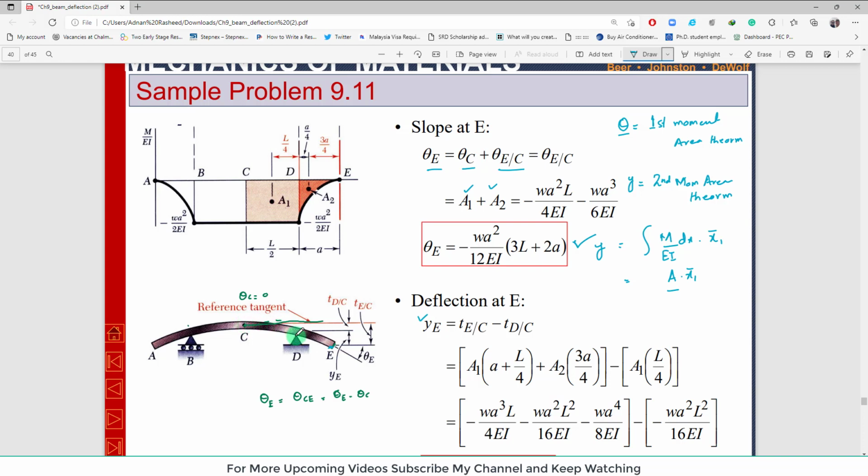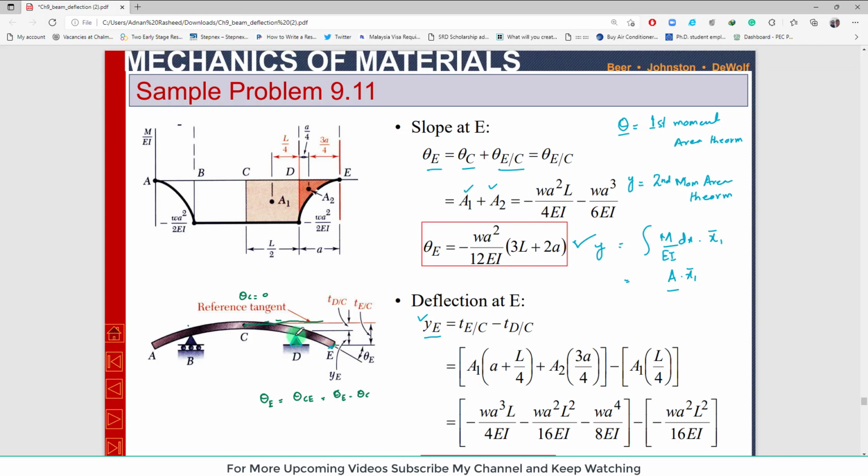Okay, so you can see that we are interested to find out the deflection of point E. There is a support at this point, clear? At this support, the deflection will be equal to 0. So from this point to this point, this is the deflection of E, which is equal to the total deflection, that is TCE,